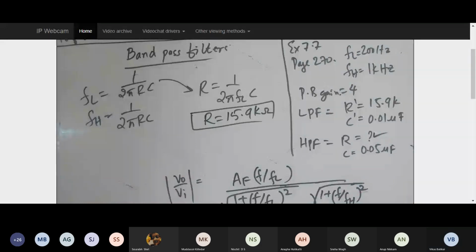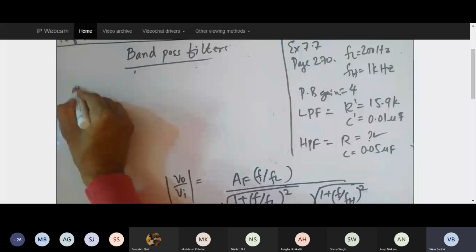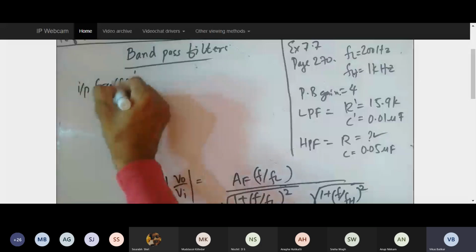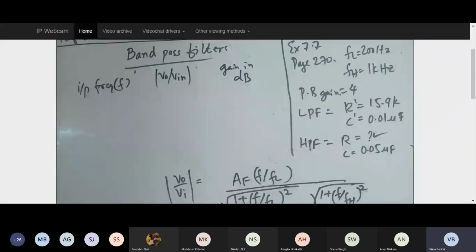Now the question comes, how should I use this gain equation? As I was telling, whenever the question asks you to draw the frequency response plot, he asks you to plot the graph. In order to plot the graph, you keep plotting the values over here and getting the expression for V0 by Vi. Yesterday I told you with respect to the low pass filter how I do it: I take an input frequency, that is your F, then I calculate V0 by Vi gain magnitude, and then I calculate gain in dB, because that's what I will use to plot the graph.